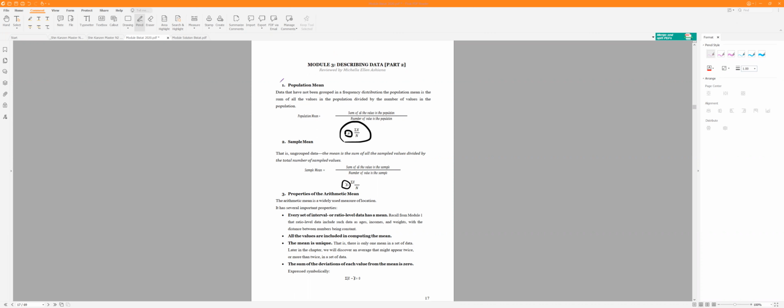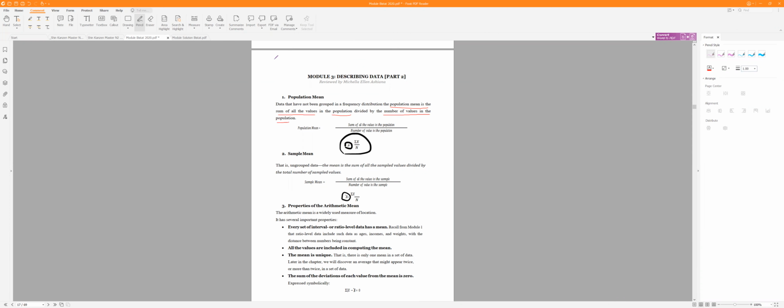So first one, population mean. And population mean is the sum of all the values in the population divided by the number of values in the population. So for example,